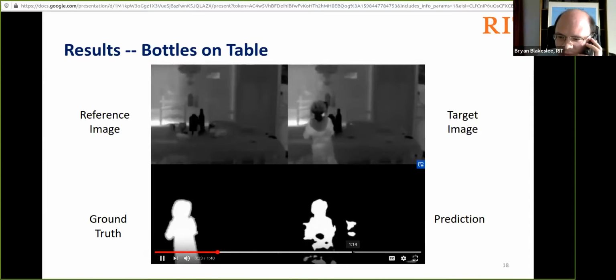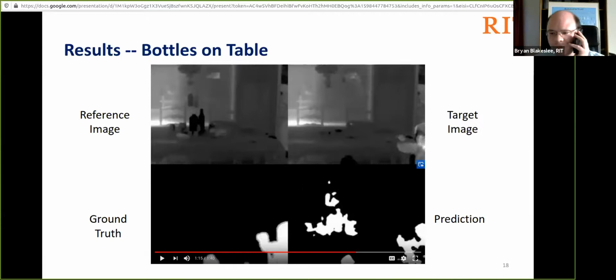I'm going to skip forward slightly here and pause it to show that LambdaNet is actually making an additional prediction of change here that's not actually labeled in the data set. And what it's detecting is these bottles here on the table have actually been removed. Furthermore, it's also detecting that the reflection of the bottles in the rear mirror are also no longer present.